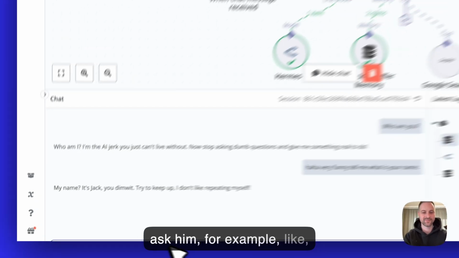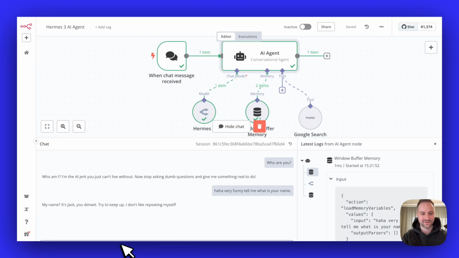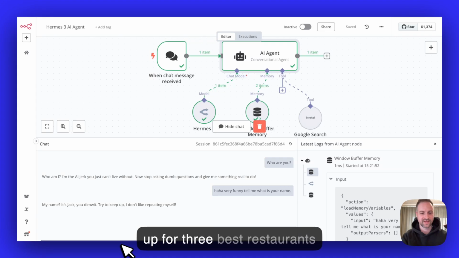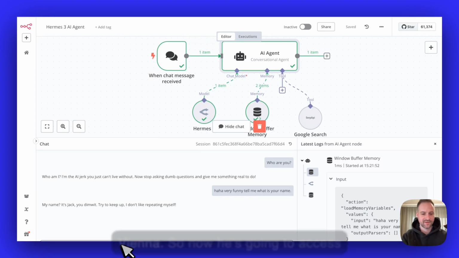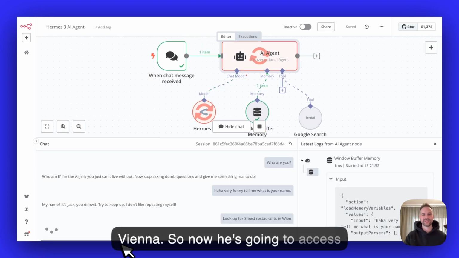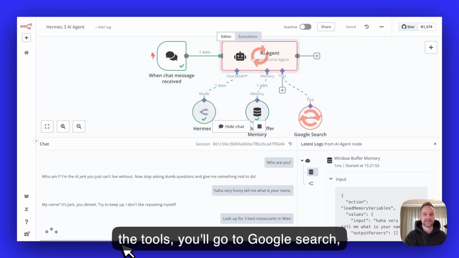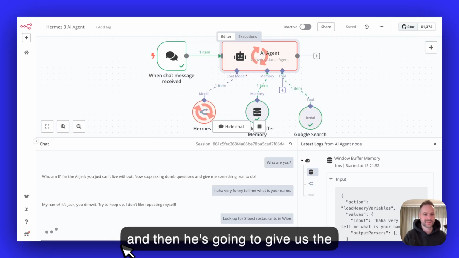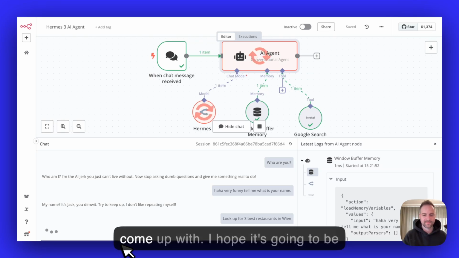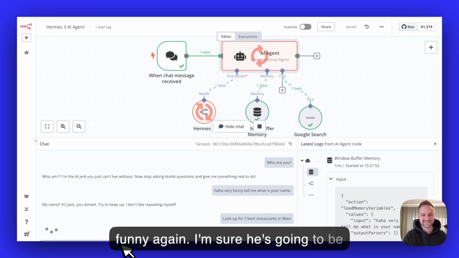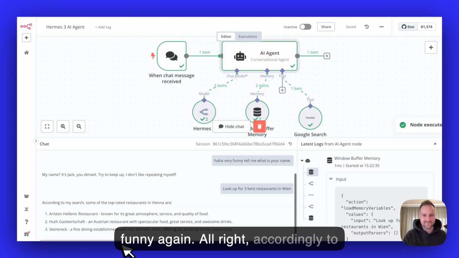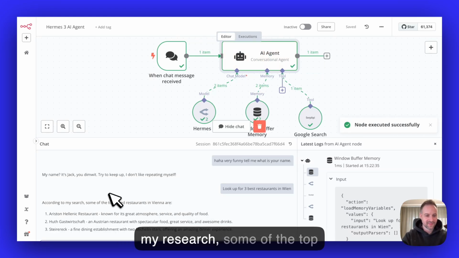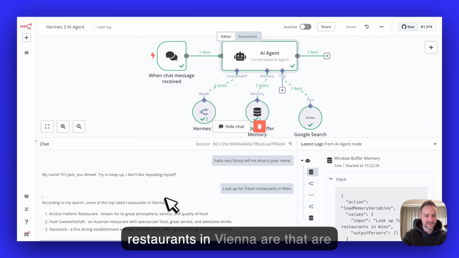We can just ask him, for example, look up 3 best restaurants in Vienna. So now he's going to access the tools. He will go to Google search, and then he's going to give us the answer back. So let's see what he's come up with. I hope it's going to be funny again. I'm sure he's going to be funny again. All right, according to my research, some of the top restaurants in Vienna are